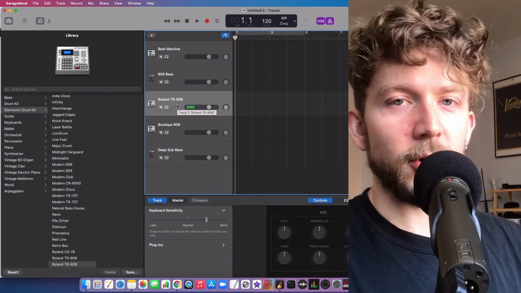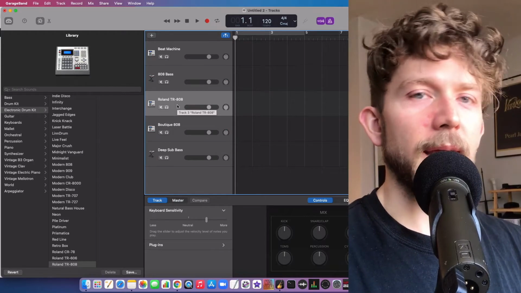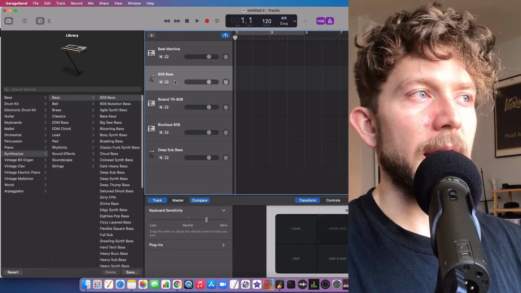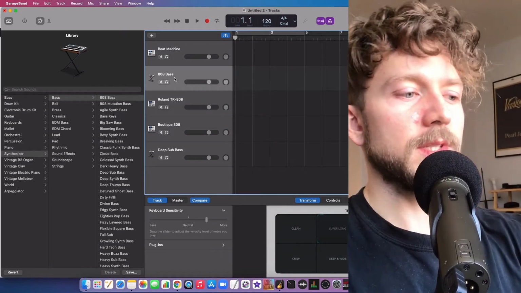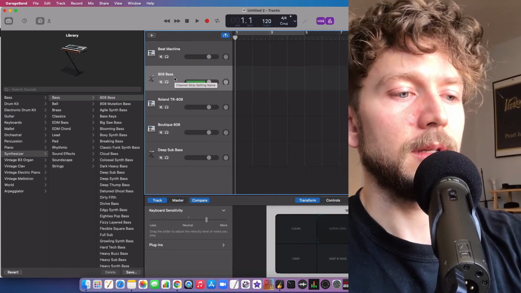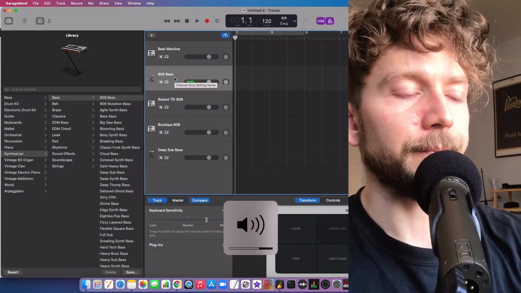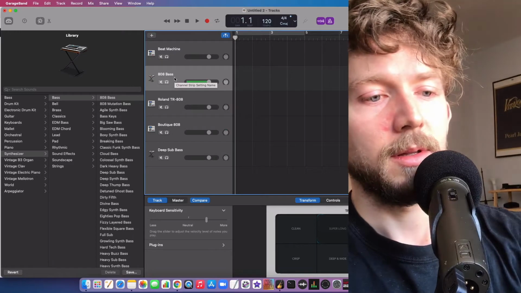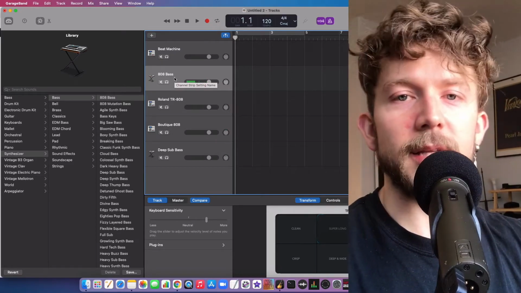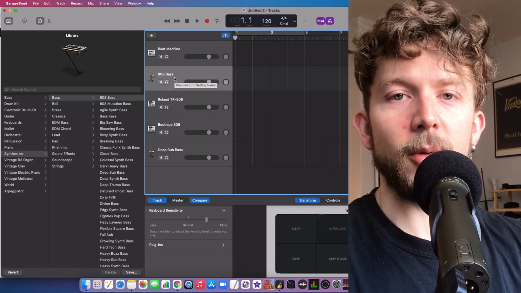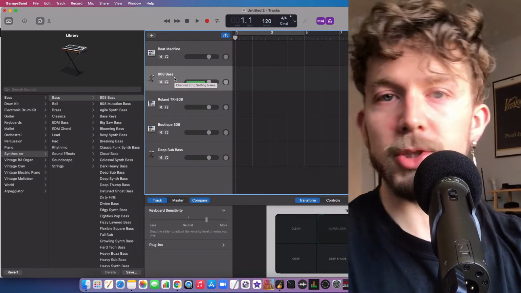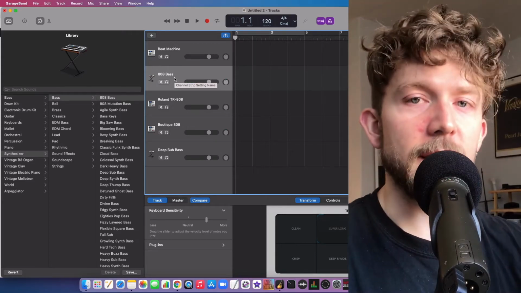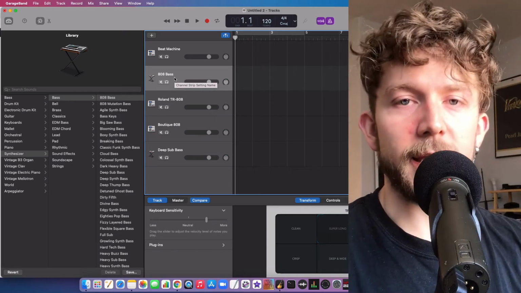But over time, the term 808 has kind of evolved to mean any bass sound, right? So for instance, GarageBand now has the 808 bass right here, which is a synthesizer. So you can kind of hear it right now, right? It's like what used to be the kick of the 808, but now it's all over the keyboard at a bunch of different pitches, because that's how people use that bass sound now. They use it as a bass instrument essentially, even though it was just a kick at one point.